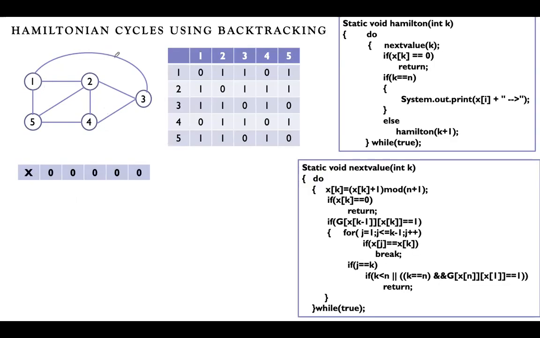So this is the given graph. For that graph, this is the adjacency matrix. If there is a path, I have written 1. If there is no path, we have written 0. 1 to 1, there is no path. 1 to 2, there is a path, so 1. 1 to 3, there is an edge, so 1. 1 to 4, there is no path, so it is 0. 1 to 5 is also connected. Similarly, you know how to write the adjacency matrix, right? Wherever there is an edge between the vertices, we'll write 1. Rest of the values are 0.